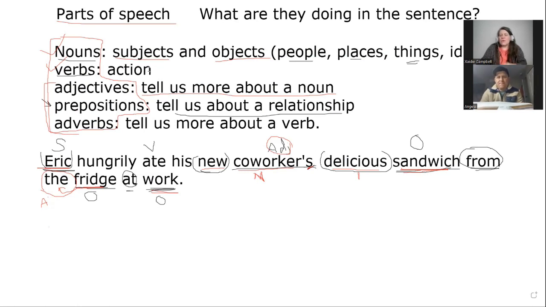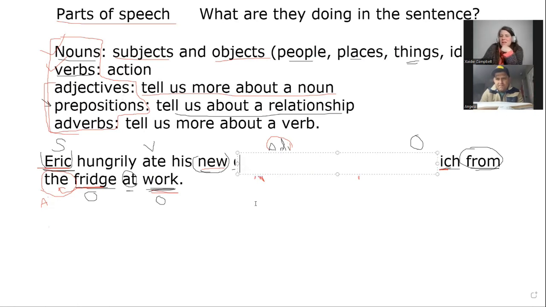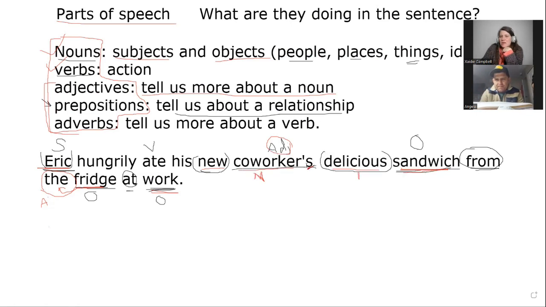Okay? So this coworkers is a noun. It's people, right? But what is it doing in the sentence? It is telling me more about the sandwich. So in that sense, it's an adjective. Okay? So they are all parts of speech. Here, this one's a noun, this is an adverb, this is a verb, this is an adjective, this is an